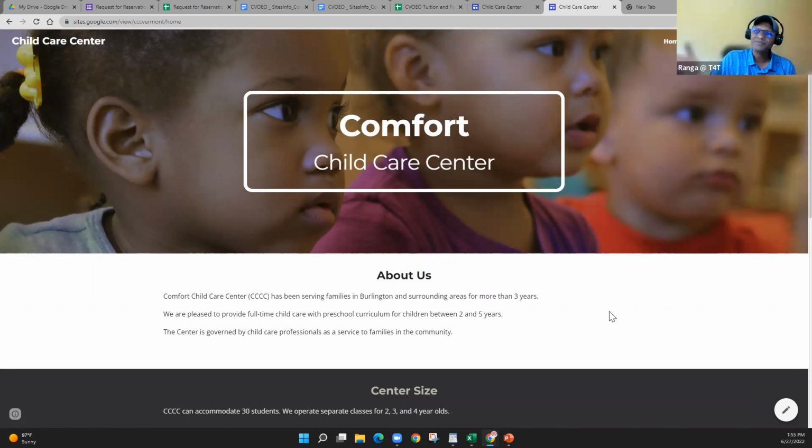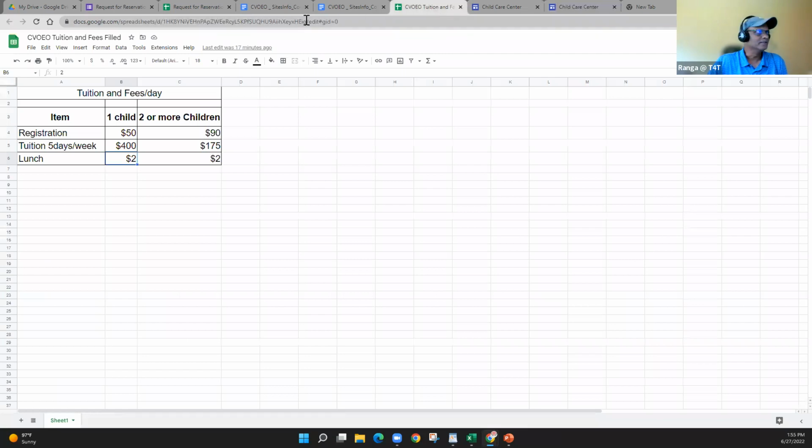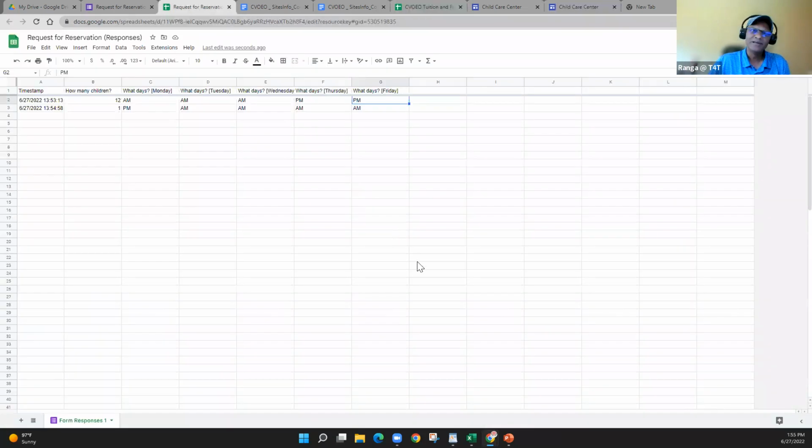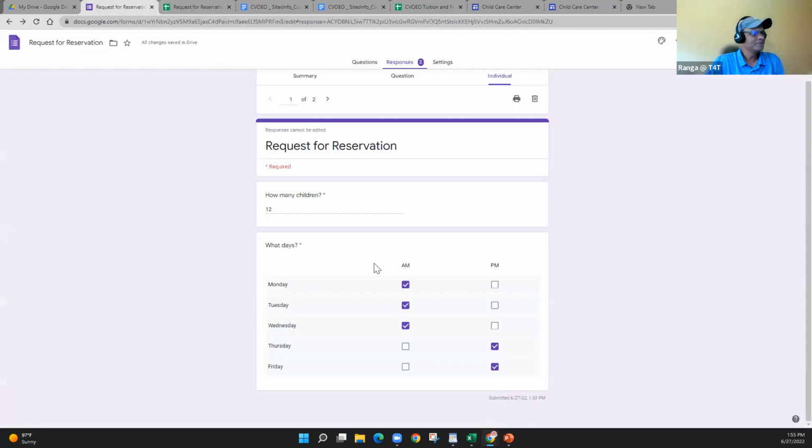Someone can fill up a form and you can get the information you want. You can use it and track it and capture it in a sheet so that you can play with the data and see how many people are coming in or do whatever you want with it. I just want to see